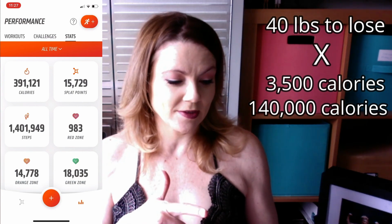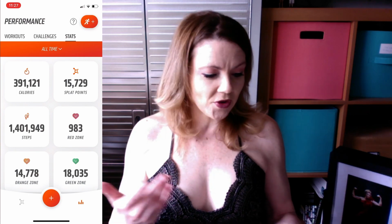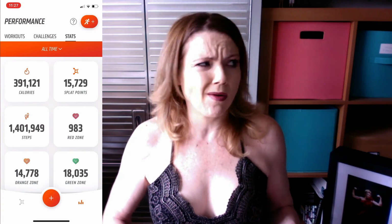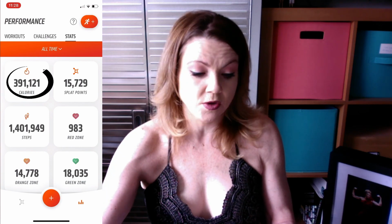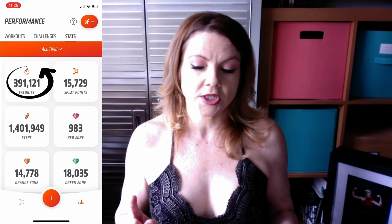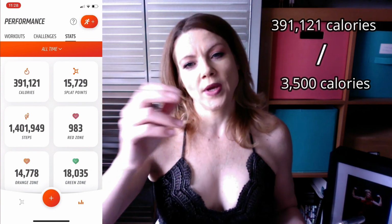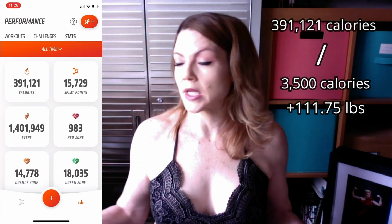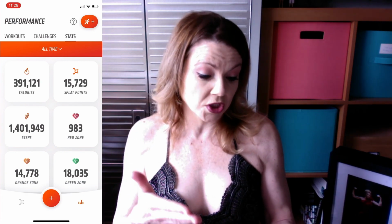But that's where this app comes in so cool, because it keeps track of all the calories that you've burned, so you don't have to do it. If you just look back over it, you can divide that number of overall calories burned by 3,500, and you can see how much you would actually weigh right now if you hadn't been working out at Orangetheory. In my case, for all the time that I've been at Orangetheory, I have worked off 391,121 calories. If I divide that by 3,500, the calories it takes to make 1 pound, I would weigh 111.75 more pounds than I weigh right now if I hadn't been working out at Orangetheory for the last 4 years. So that right there is probably one of the most useful tools in the Orangetheory app, I think,